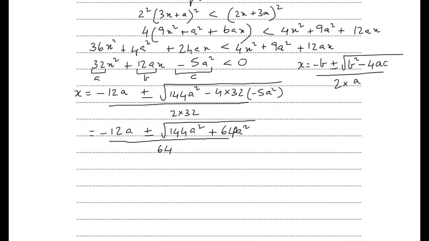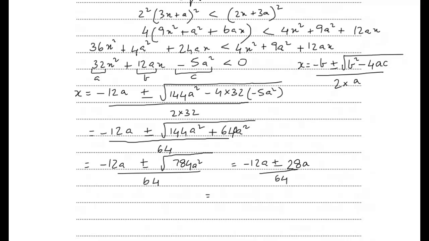So that becomes minus 12a plus minus root of 144 plus 640, which on my calculator is 784a squared, by 64. That becomes minus 12a plus minus root of 784, which is 28, and the root of a squared is a, by 64. So I will end up with 2 roots